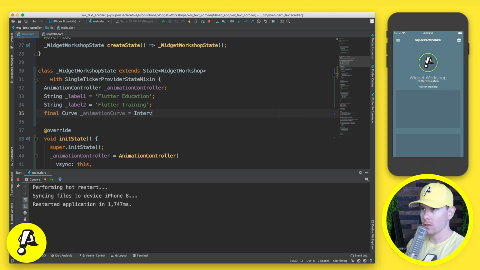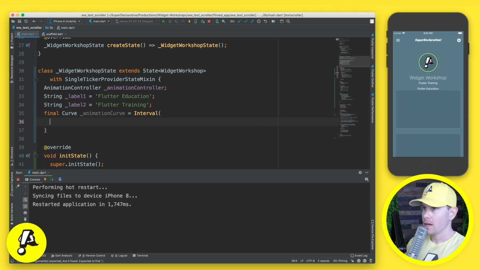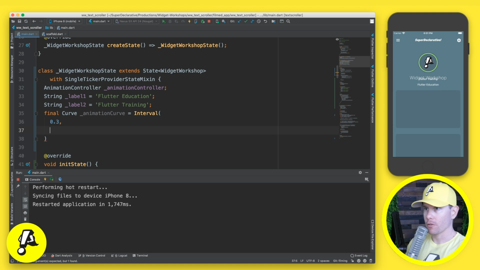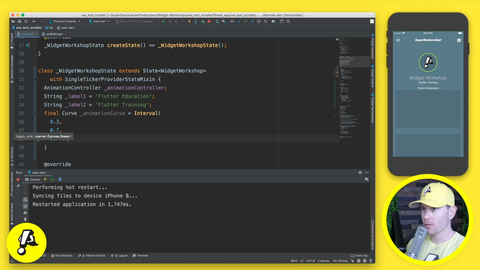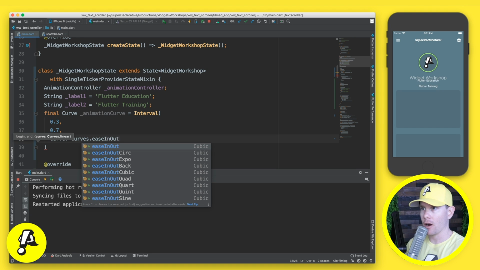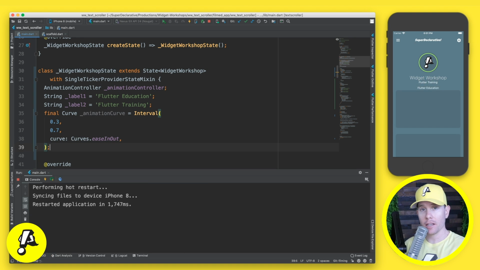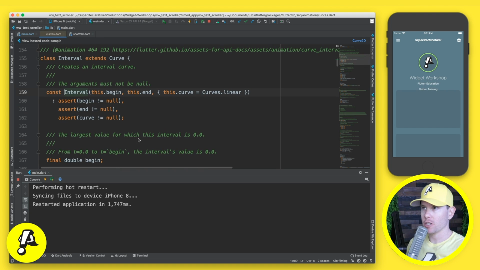And specifically, we're going to use one that's called an interval. An interval defines periods at the beginning and the end where nothing happens. Okay? So for the first 30%, we'll do nothing, then 70%. And the overall motion curve that's going to apply in between is going to be an eased in-out curve. That means instead of linear constant motion, we speed up and then we slow down. Speed up, slow down. So interval, again, gives us some dead time. Let's jump in here and look at this